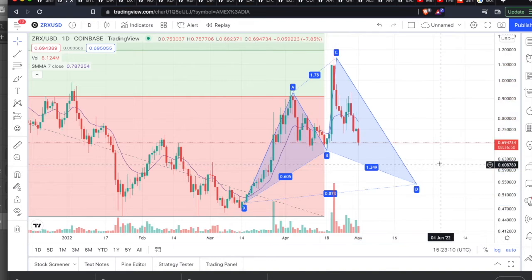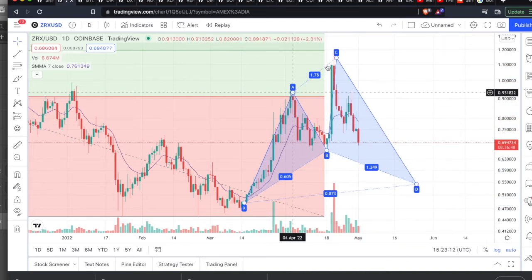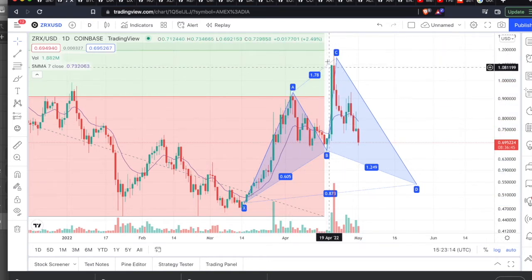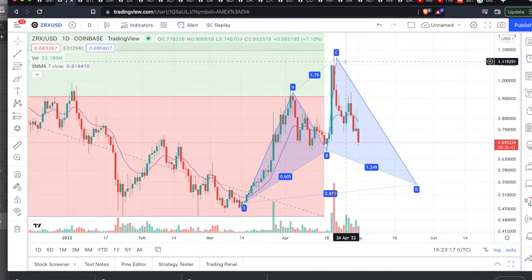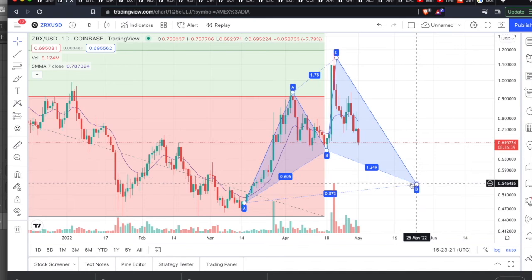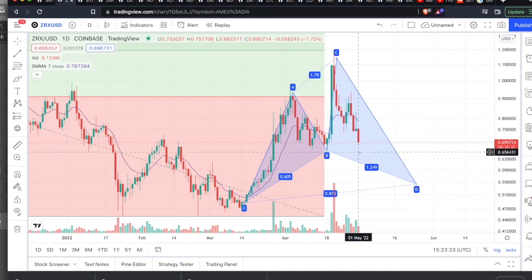You know what you call that when the A is lower than the C? That's the shark. So the C is higher than the A. They call that the shark pattern, right? So this could be like that. I don't know though, but yeah, there's definitely going to be more downside, and I've held my firepower because I